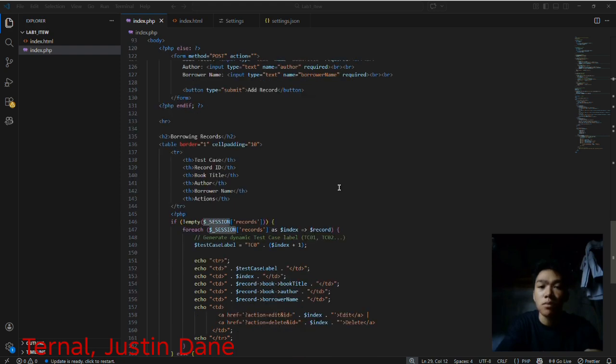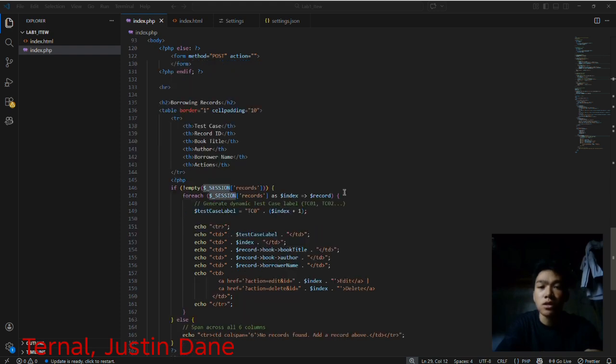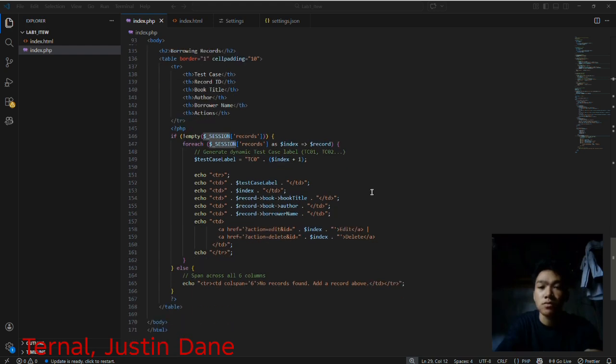The test case label, like TC01, TC02, is based on the record number. It prints the actual data, and the edit and delete buttons either select the record for editing or remove the record from the session.